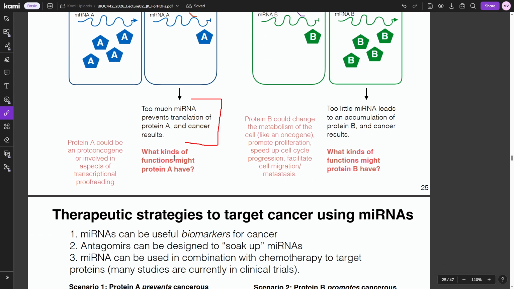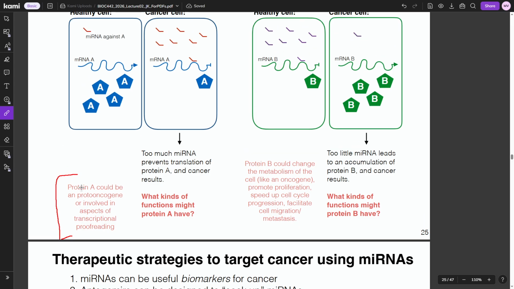So what kind of function might protein A have? It probably blocks the cell cycle. It acts as a tumor suppressor. Exactly, yep. Protein A could be a